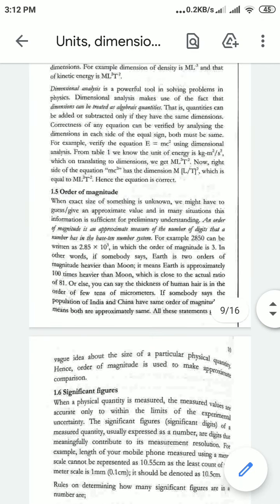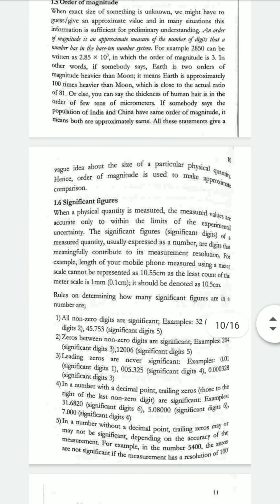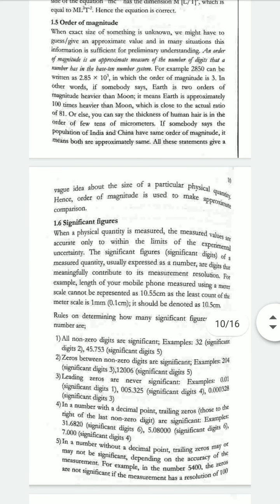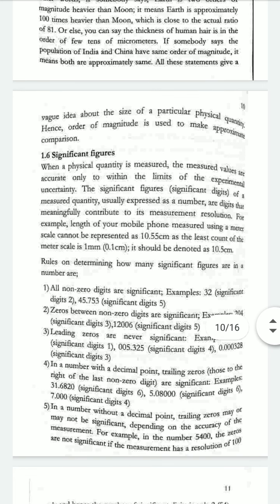I will be starting with significant figures. You might have the book from Nibusar; I just want to show you that book only. There is not much derivation or anything, so you just need to read this. I will show you how we can find significant figures and how we can find the different